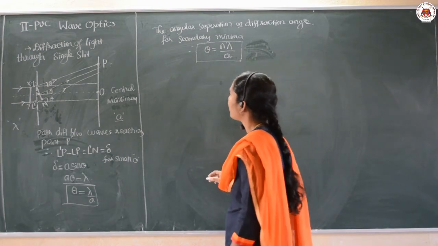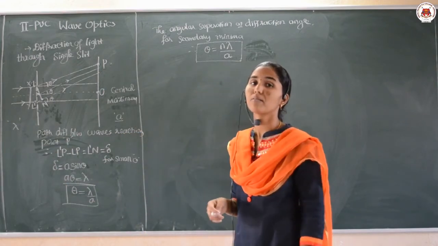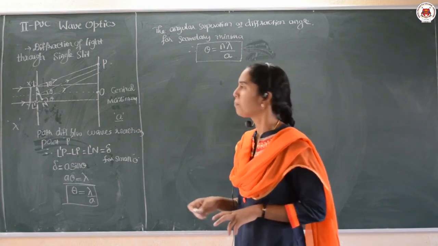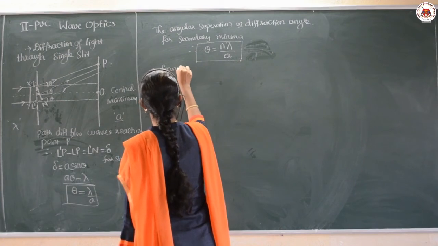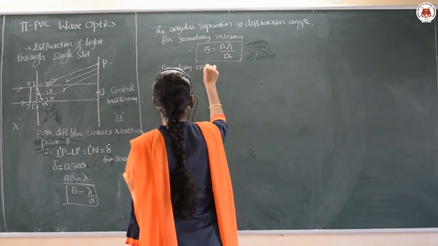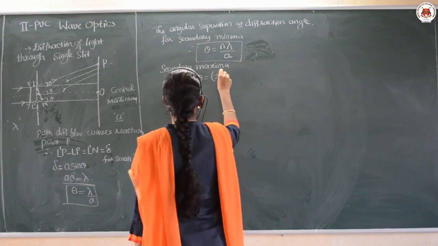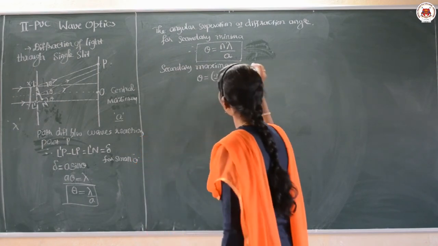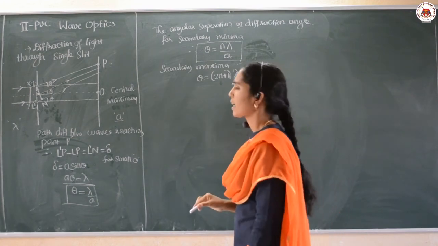Then similarly, if the slit is divided into unequal parts, then an odd multiple of lambda by 2 will come. Therefore, the general condition for secondary maxima can be given as theta is equal to (2n plus 1) lambda by 2A. (2n plus 1) lambda by 2A will be the general condition that I can write for the secondary maxima.